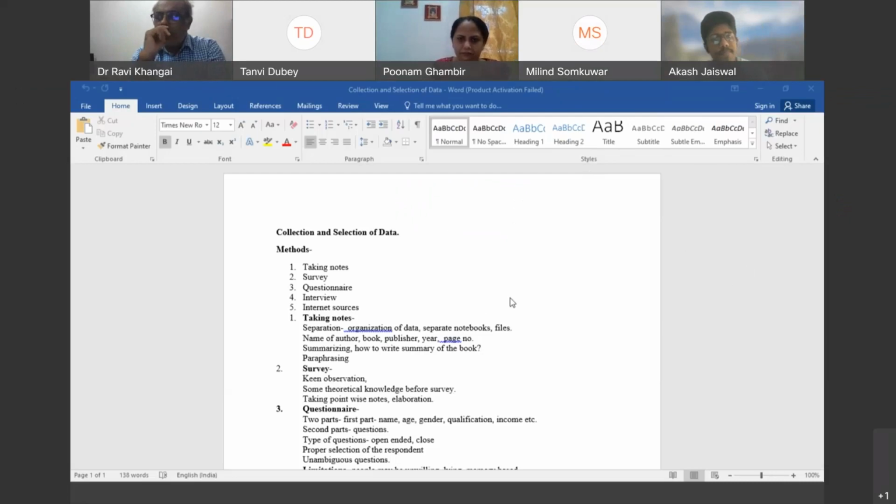So, the history is reconstructed based on the sources. And there are different methods by which we can collect the data from the sources. Sources might be, for example, ancient temples, ancient archaeological remains, or books in the library, but those are sources. And from that, what you collect for your need, for your research, is known as your data, your information.